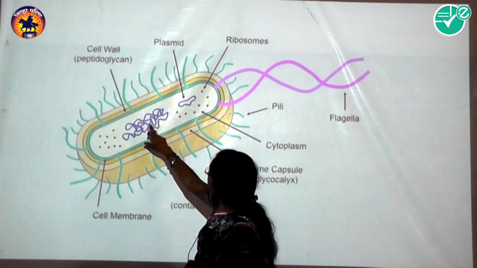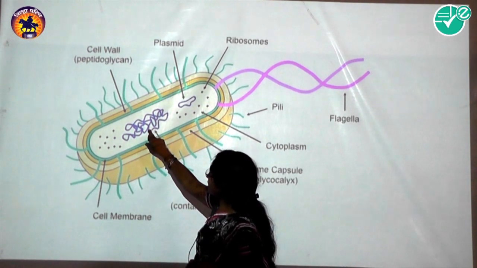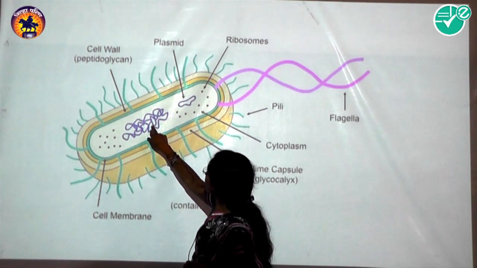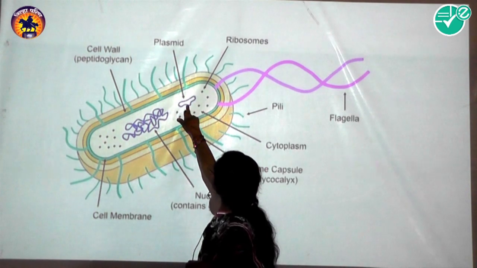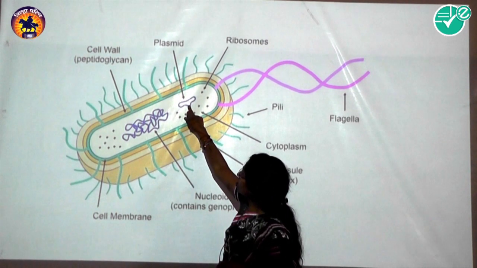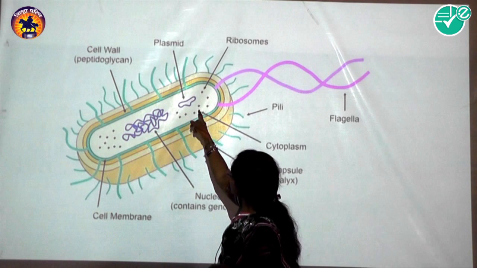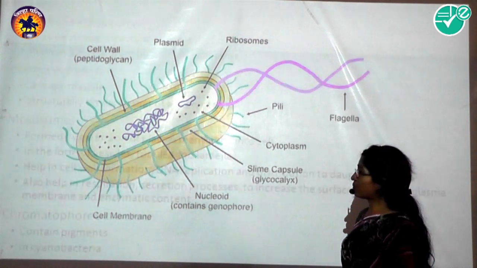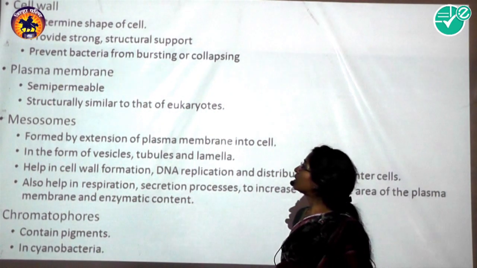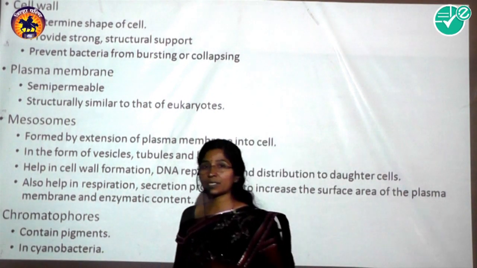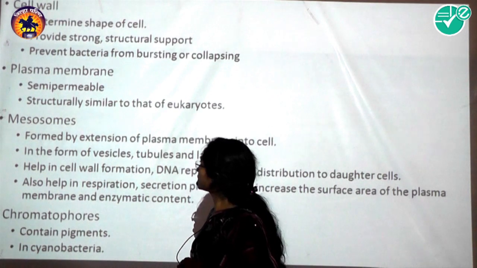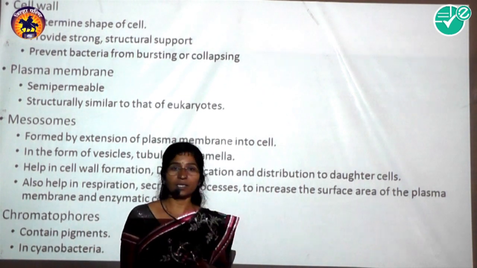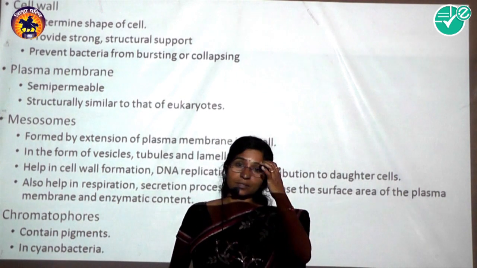And this is the actual chromosome of the prokaryotic cell. It is a single chromosome, the genetic material, a DNA, and the plasmid is also an extra-chromosomal DNA. That is the structure of a prokaryotic cell. We will see one by one in detail. The cell envelope consists of a glycocalyx, cell wall and plasma membrane. First we will see about the glycocalyx.